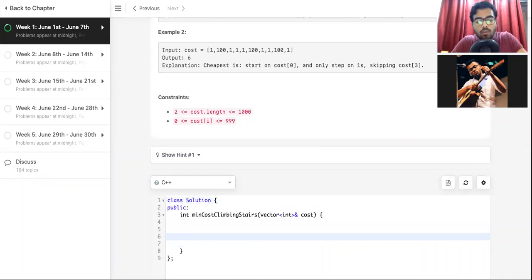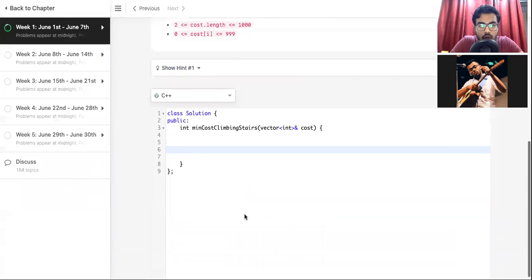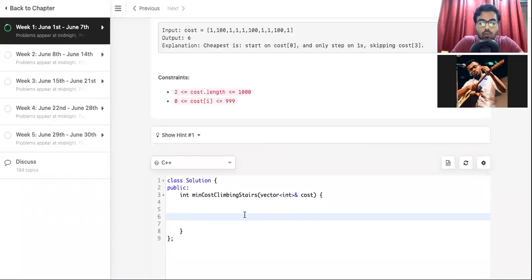So for that, first of all we'll be doing it by recursion, and recursion would make it more clear, and then we can optimize it by dynamic programming. So first I'll be returning the minimum of this function called min cost, where I'll be passing the cost, and either I can start from 0th index or I can start from first index.